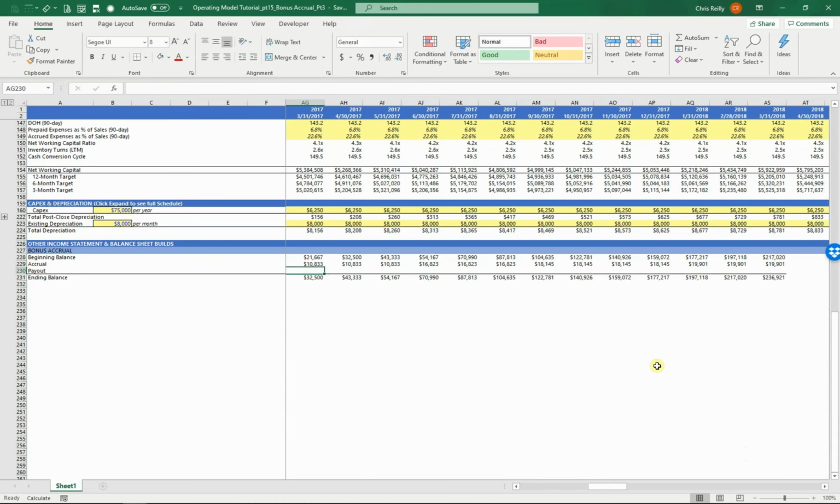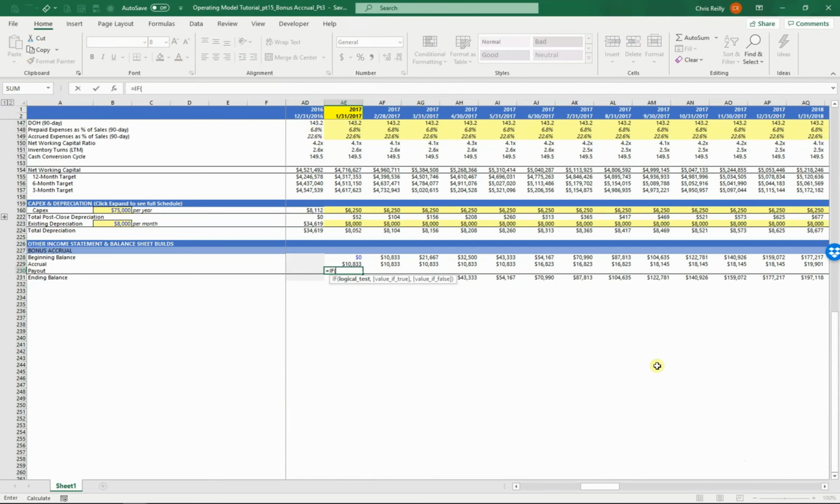Okay, so now let's build out the formula to pay it out. So what we're going to say is if, and remember this is supposed to trigger in December, so that's why we can use this annual reference as our trigger. You obviously want to build this based on the bonus plan that your team comes up with, but for our purposes we're doing a holiday bonus. So we're going to say if the year does not equal the year following it, then pay out, so say the negative sum of the beginning balance plus any accrual for that month, otherwise return a 0. So in the first month, since these are both 2017, this should be a 0,